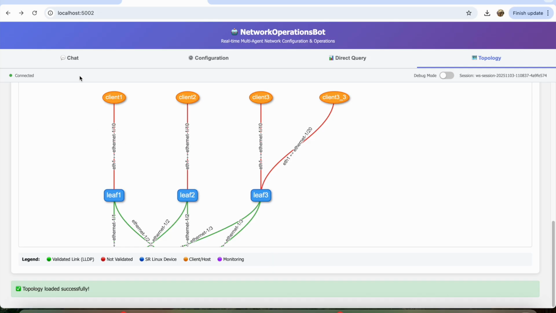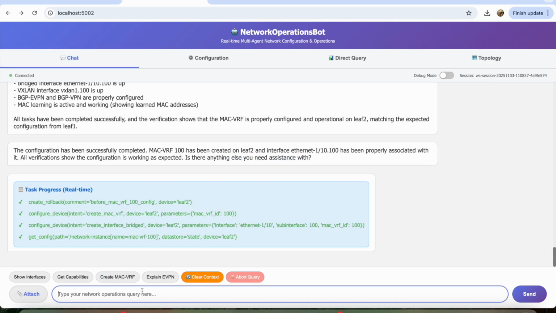Okay, let's do that. So create IPVRF with ID 1000 maybe on leaf 1 and leaf 3. Okay, so the configuration of leaf 1 and leaf 3 is slightly different, so let's not mix it. Let's just say IPVRF 1000